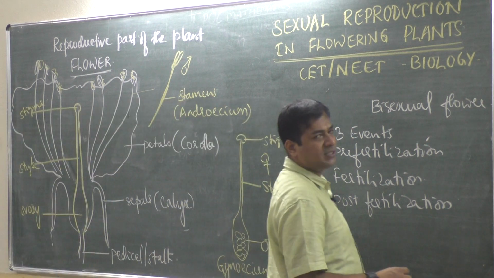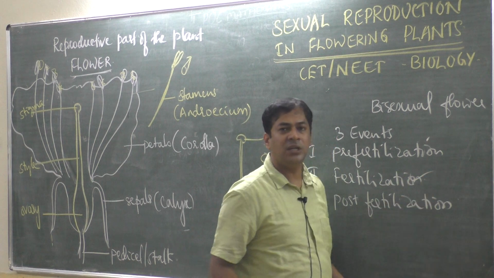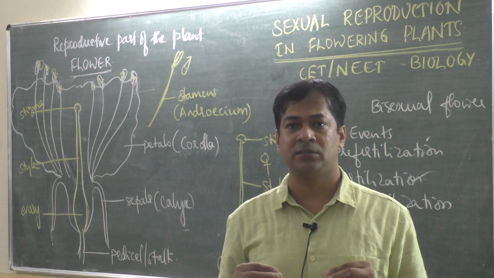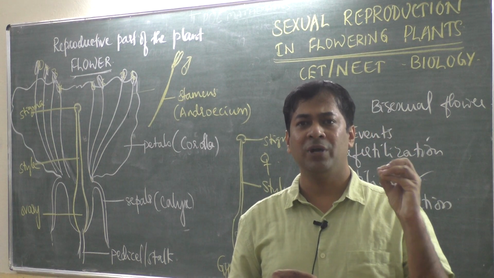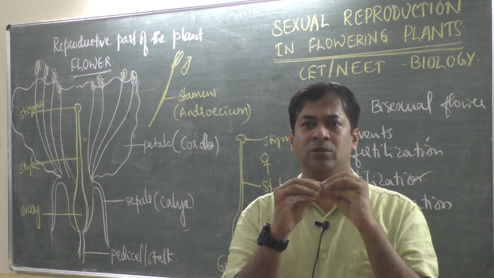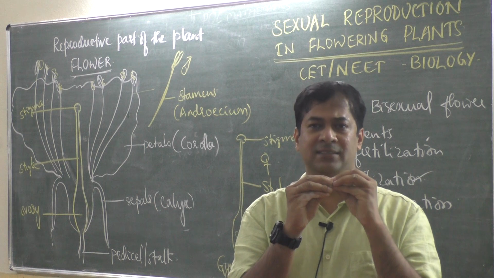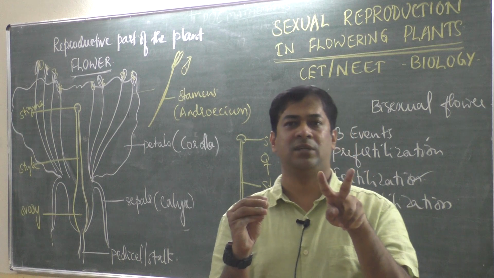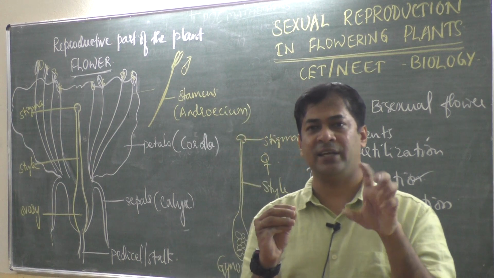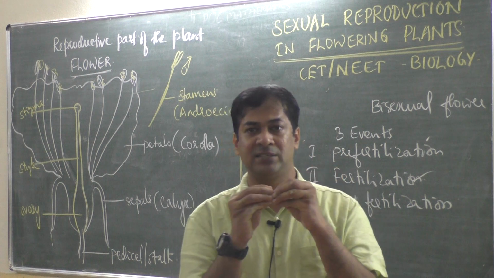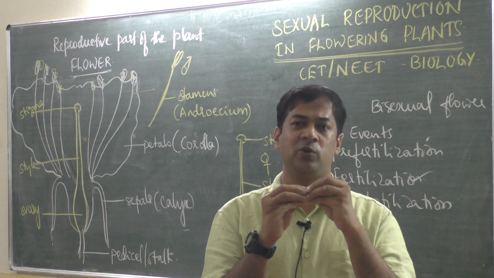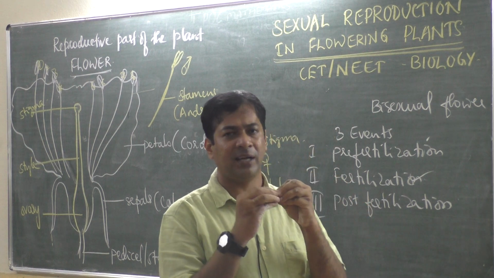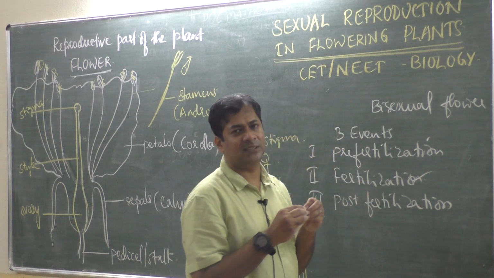So, under pre-fertilization, see, fertilization means what? Union of male and female gametes. In case of plants, the male gamete, that is, the pollen grain, meets the egg. Actually, inside the pollen grain there are 2 nuclei, that is vegetative nucleus and generative nucleus or tube nucleus. That meets the egg and polar nuclei, you know, double fertilization, triple fusion. So union of male and female gametes is called fertilization.